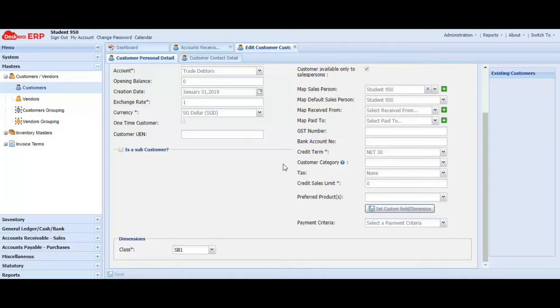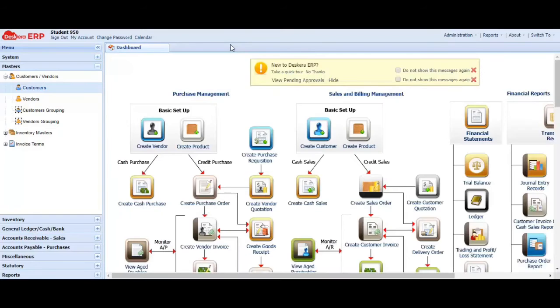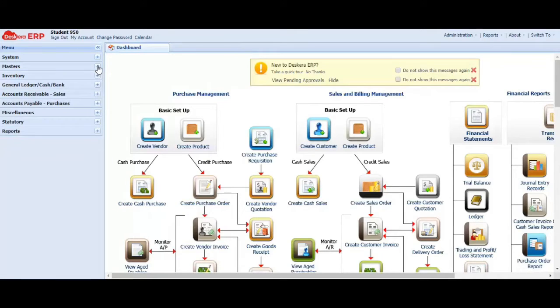Once I do this, I'm going to do a bit of housekeeping and close the tabs that are not important. Okay, let's move on to the next part. The next instruction says, prepare a customer quotation based on the details as given above. The customer quotation number should be labeled in the following format: